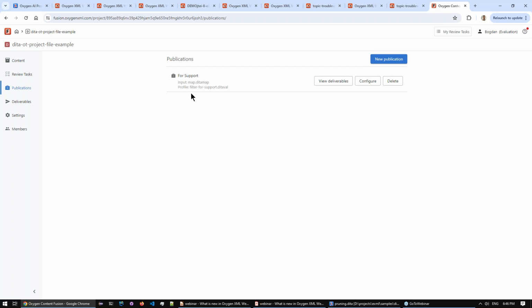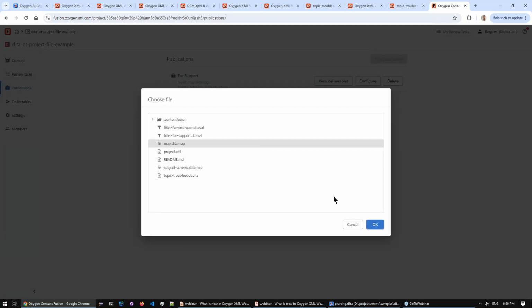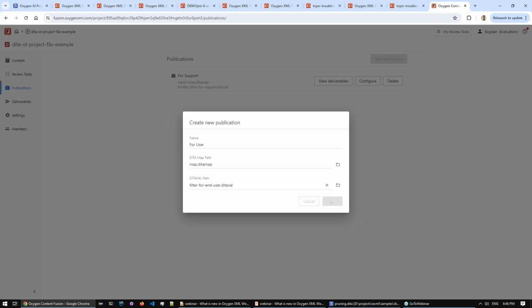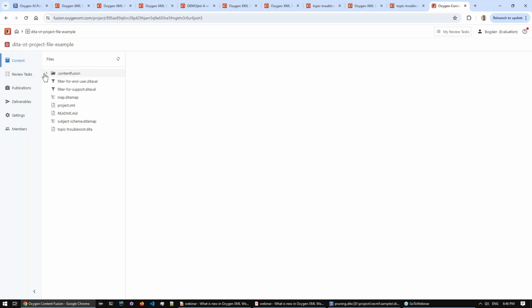The Content Fusion publication is the equivalent or the same thing as the DITA-OT project context. Let's create the second publication for user. Again, choose the map and the other DITAVAL. Great. Okay, and if I go back to the content, I can see now that Content Fusion created a